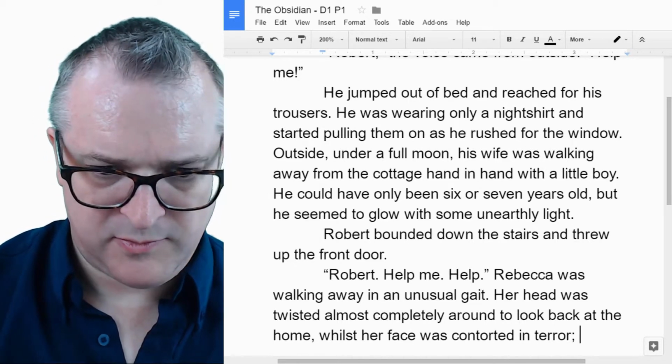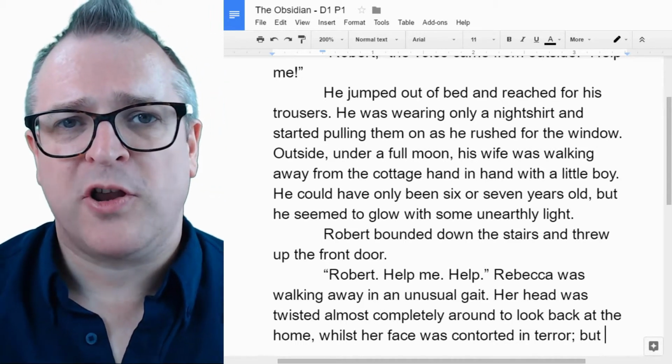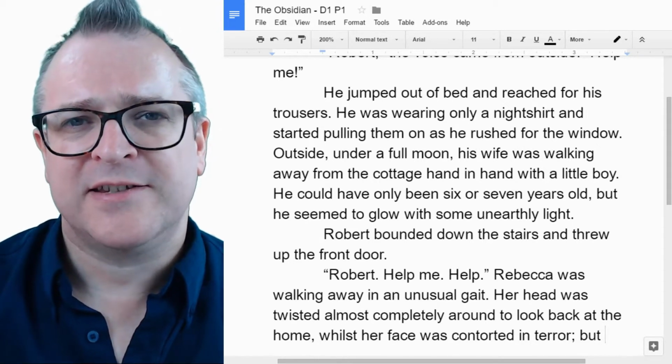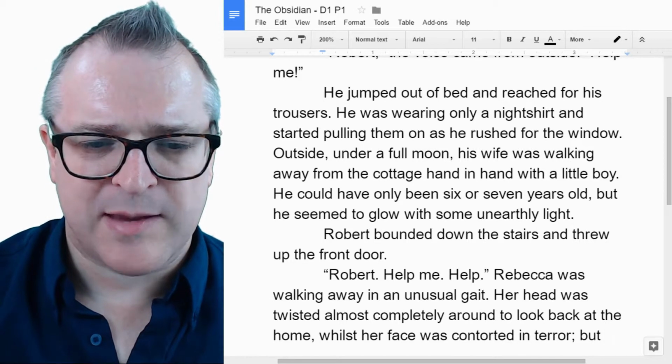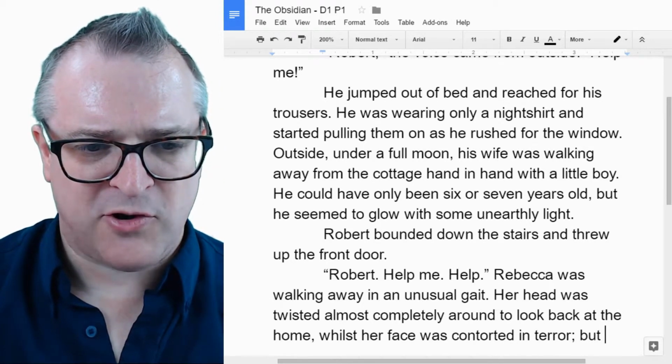But I'll put a semicolon. If you're not sure about semicolons, a semicolon is used to join two sentences that are kind of the same thought. It's the same idea. If you've got two sentences that are similar, you can separate them with a semicolon. Her head was twisted around, almost completely round to look back at the home, as the face was